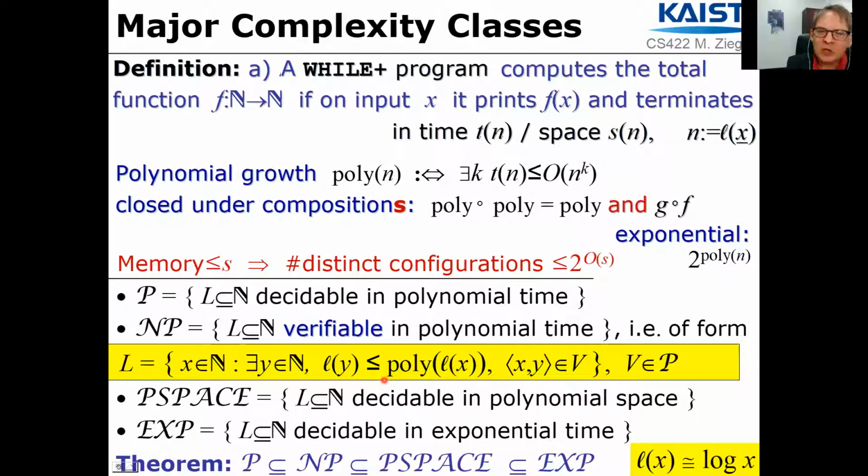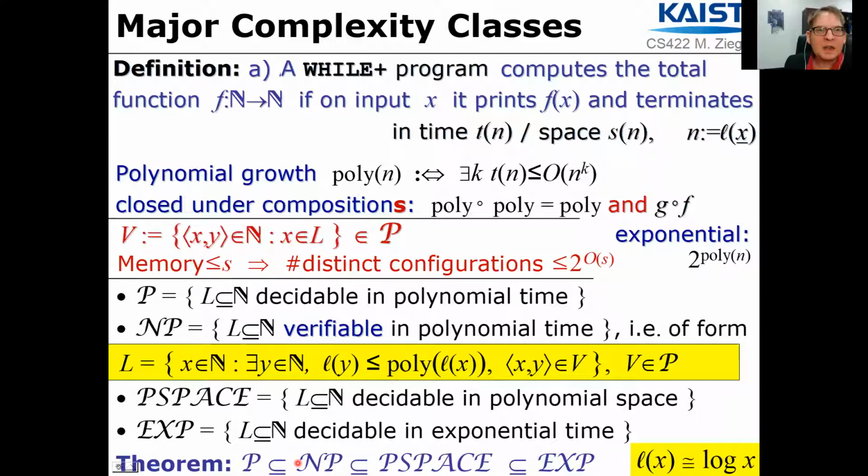So long story short, this shows that polynomial time decidable problems are a subclass, possibly proper, but nobody knows, of the class of polynomial time verifiable problems. And finally, what remains to establish this small hierarchy is to show that NP is contained in